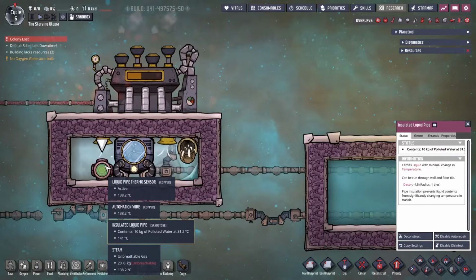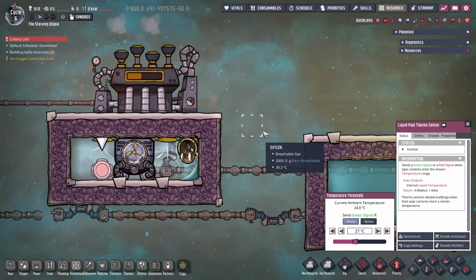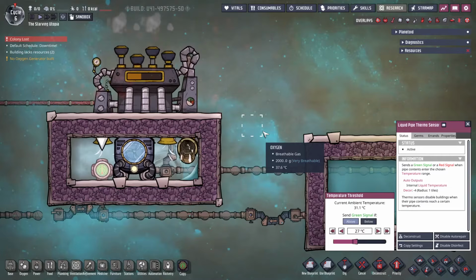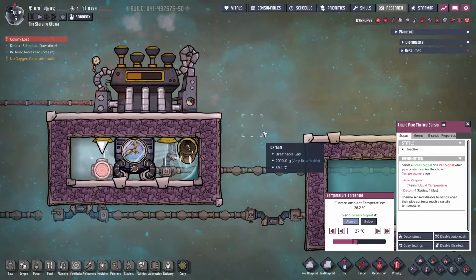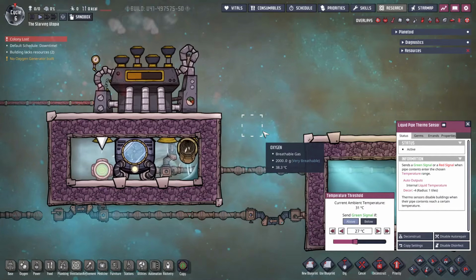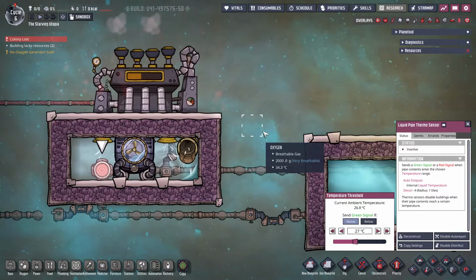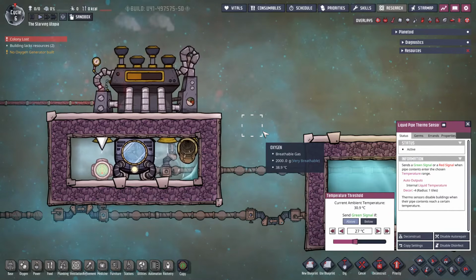As for what temperature to set the sensor to, this current system is a little imprecise. I'll cover how to do precise temperature cooling shortly, but for now the issue is that the aquatuner cools by 14 degrees in one go. What this means is that the coolant temperature has a 14 degrees temperature range, so you want to set your pipe thermosensor to above 7 degrees over your target temperature.